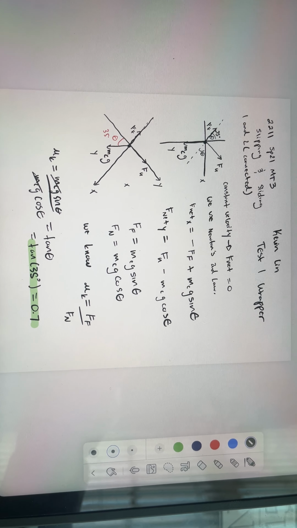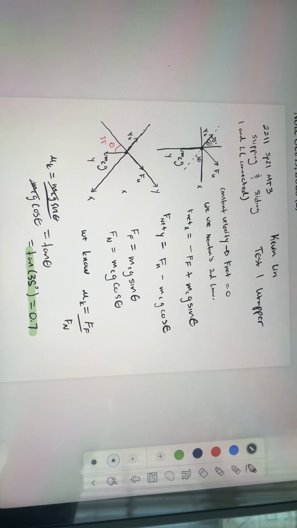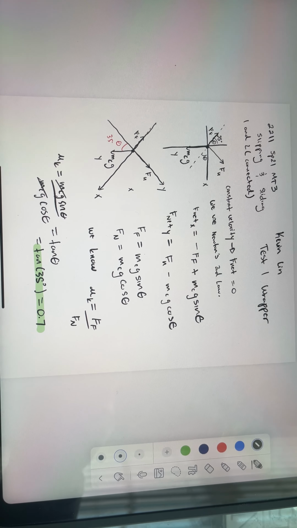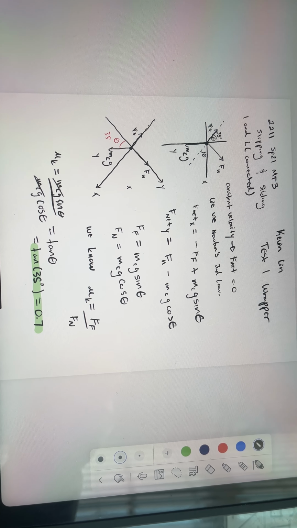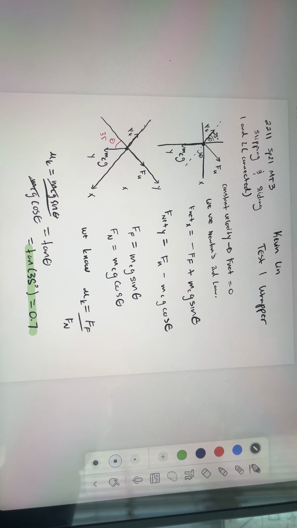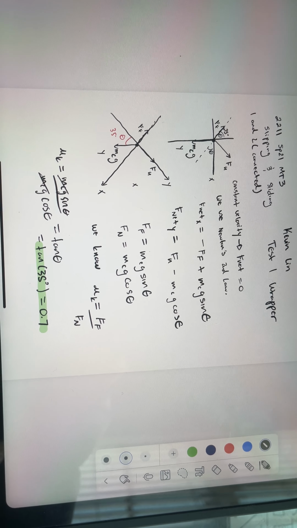Hi everyone, so today we're going to talk about the Test1Wrapper for Physics 2211. Here is test 3 from Spring 21, where there will also be a provided answer key. So specifically we're targeting problem 1, where we'll do parts A and B since they're connected, and this